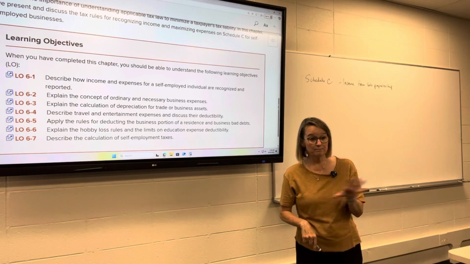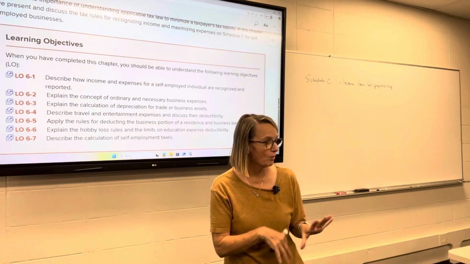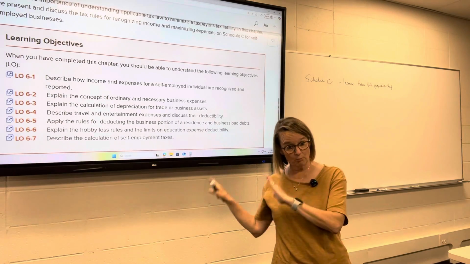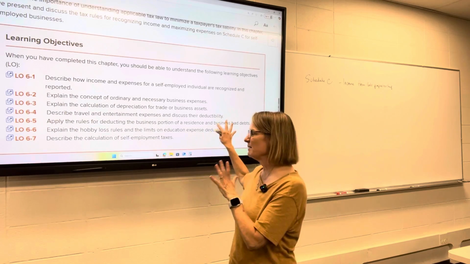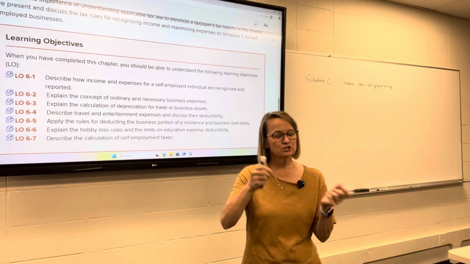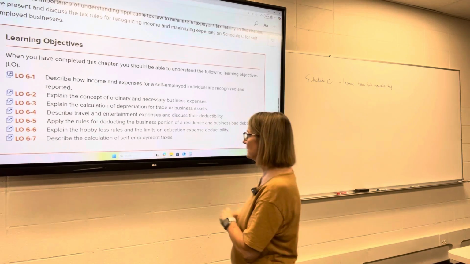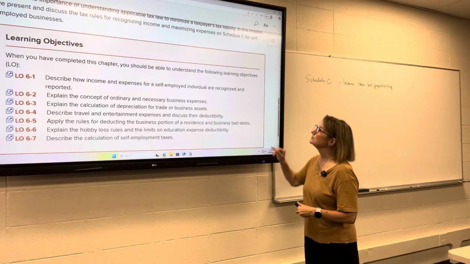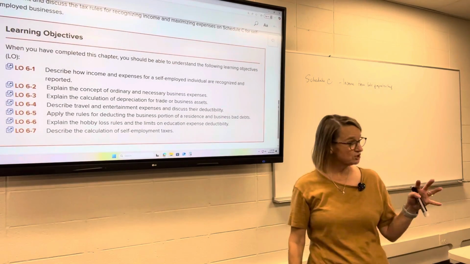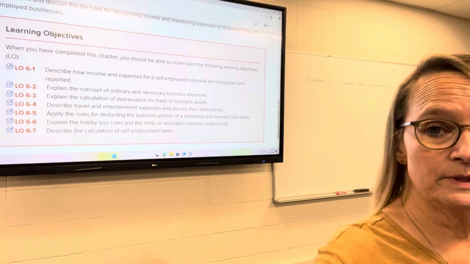In payroll, most of you have taken payroll, we talked a little bit about self-employment taxes. We're going to talk more about that here. And there are a couple of little differences, a little additional nuance to that, from what we learned in payroll class. So those are the main things that we are going to talk about in this chapter. It's a big chapter. So yeah, let's